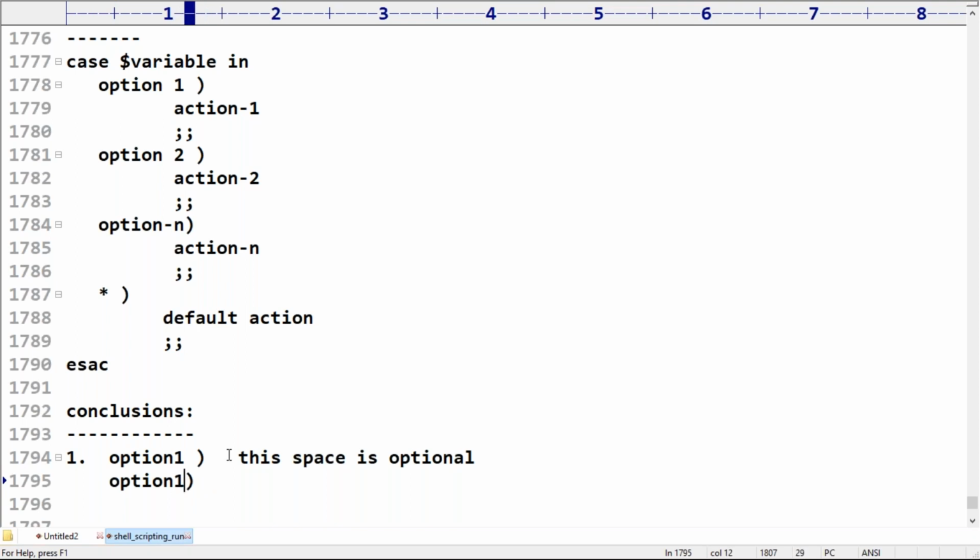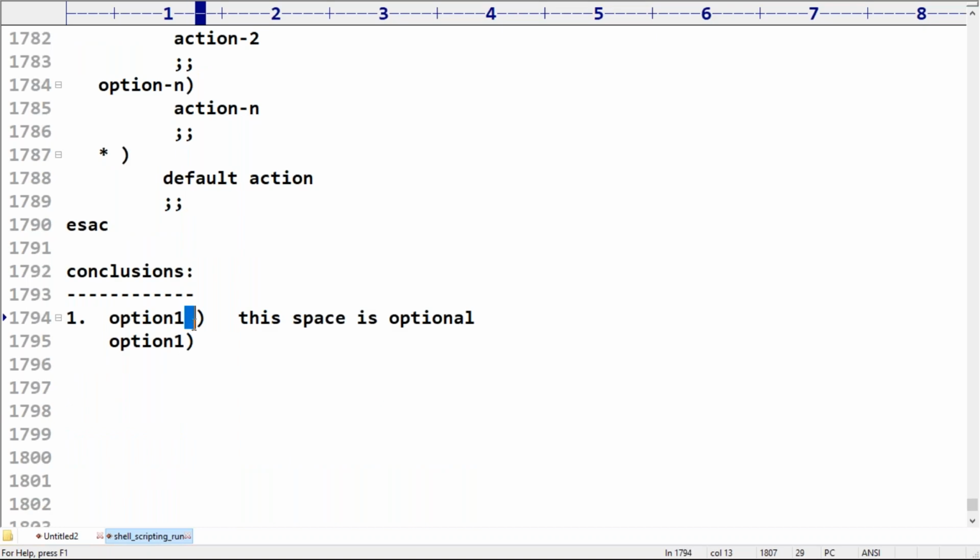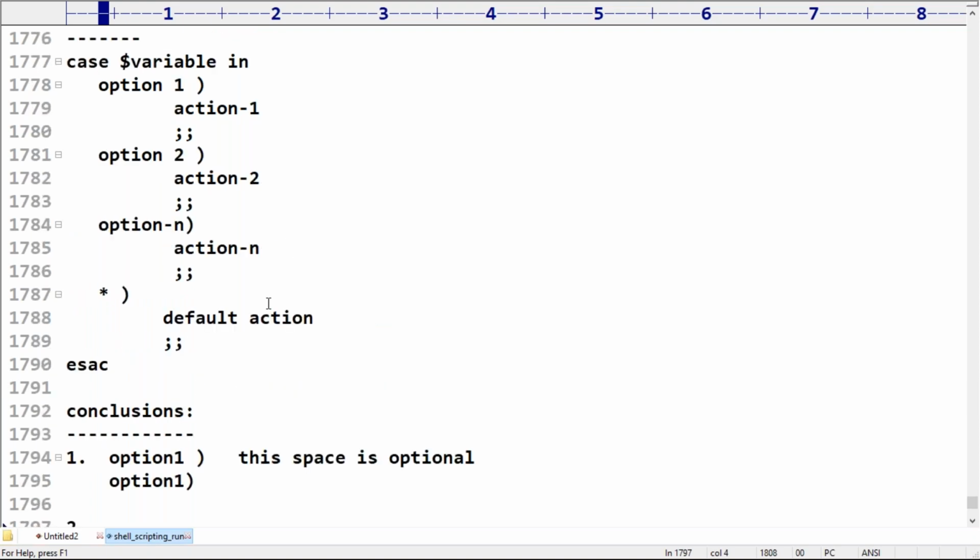For readability's sake, you can give the space or not give the space, no problem at all. Clear for all of you? Any doubt about this one? Once we go through the first example, you will get much more clarity. Just be aware that these rules exist and we will check them in our examples.